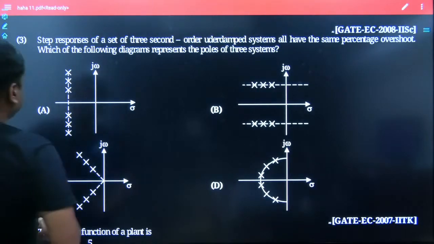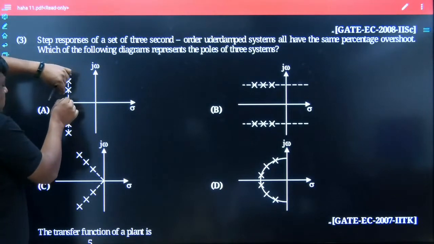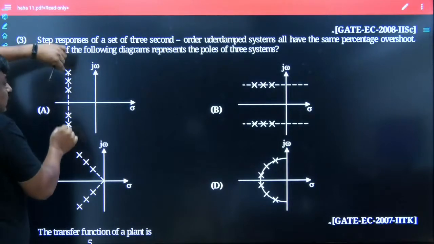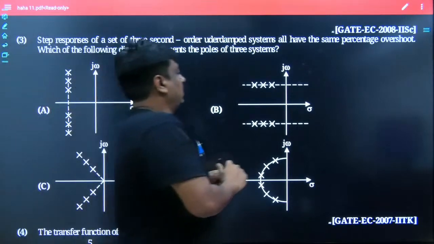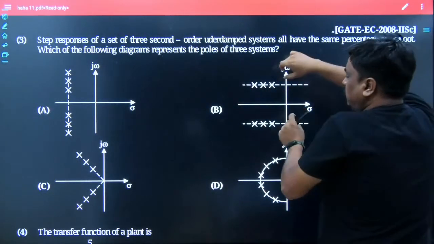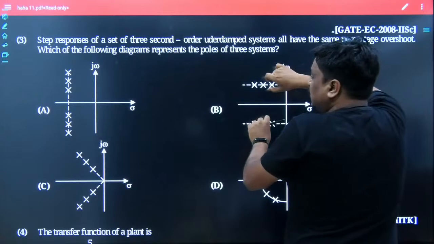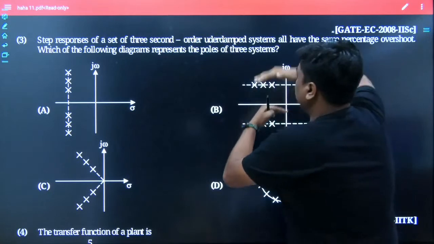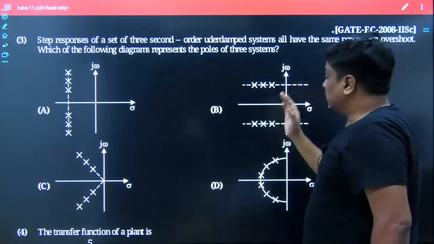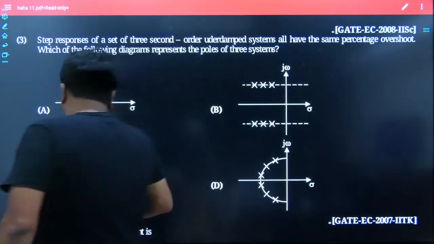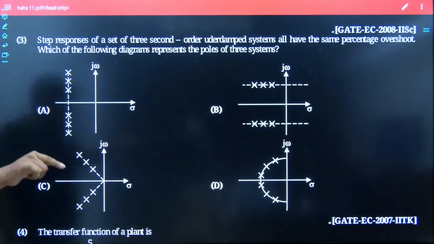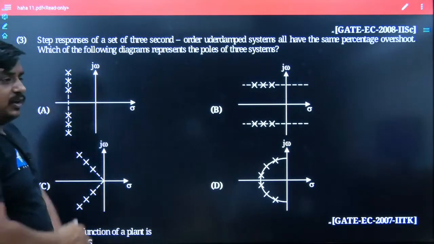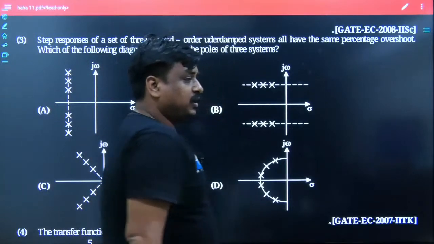Here the complex conjugate poles keep shifting in the vertical direction, and the real part has not been changing. Here the complex conjugate poles keep shifting towards the left-hand side. One thing is quite sure: the imaginary part is not changing, because it is neither going up nor coming down. Its real part is going more and more negative. Here, once you see, its real as well as imaginary part are both changing, but it maintains a fixed angle from the negative sigma axis, and here it goes, option D.